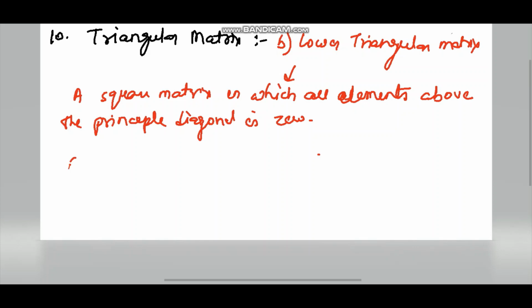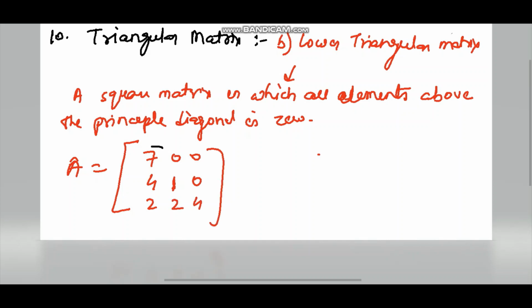See, here also it's opposite, lower and above. Let us take an example: A is equal to 7 0 0, 4 1 0, 2 2 4. Now which is our principal diagonal? This is our principal diagonal, and all the elements above the principal diagonal are 0, hence it is called a lower triangular matrix. So this is enough for today's lecture, and in the next lecture